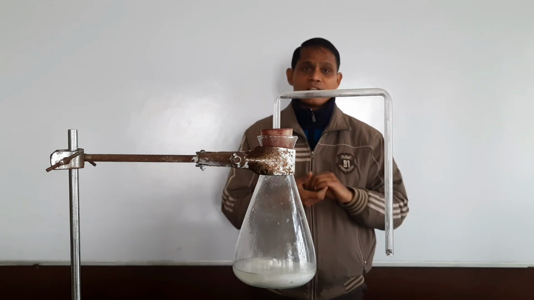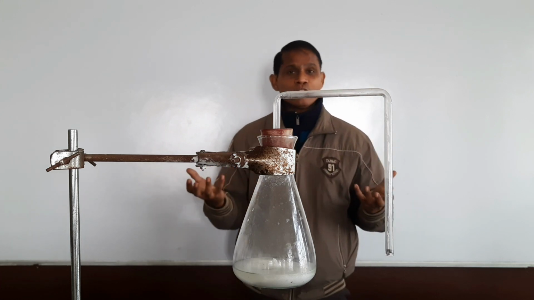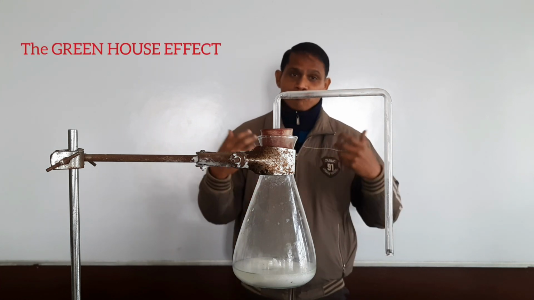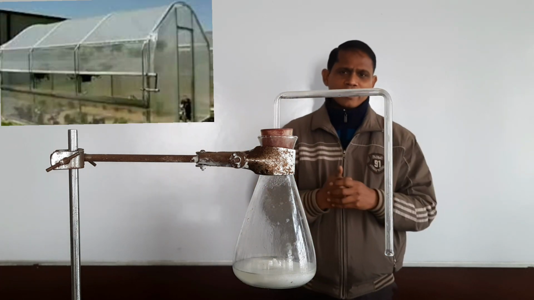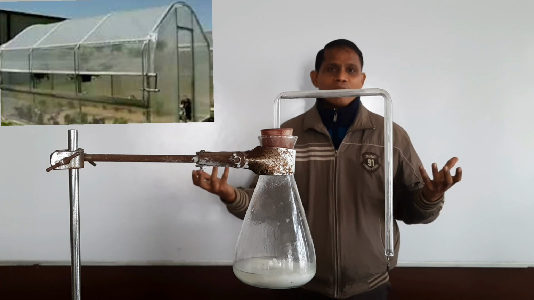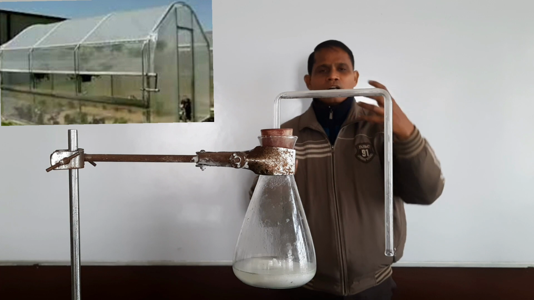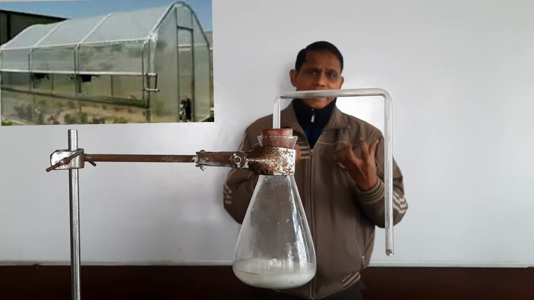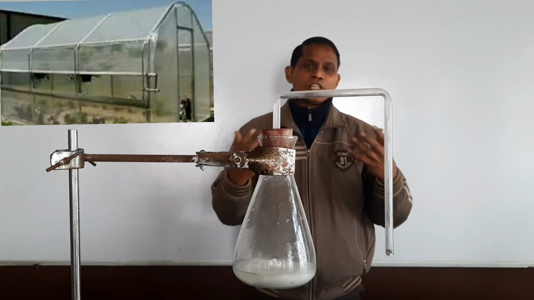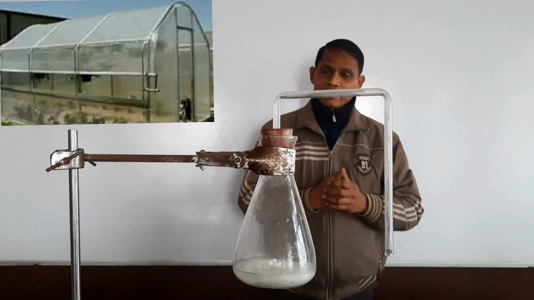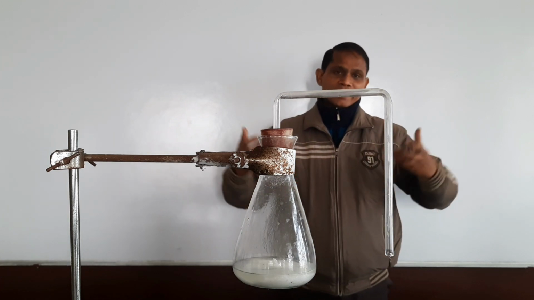And one more very important thing is carbon dioxide is also responsible for keeping our environment warm. How? Take an example of glass houses. You know, there are certain glass houses. What happens in them? When the rays of light fall on them, some part of that heat is retained, trapped by the glass sheet, which keeps the plants warm during the night time also. The same role is played by carbon dioxide in the environment.